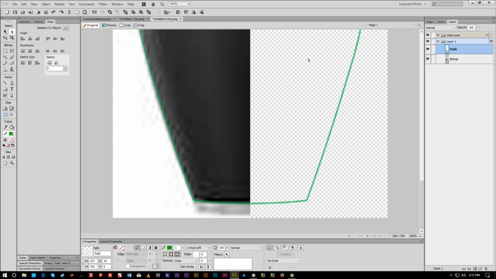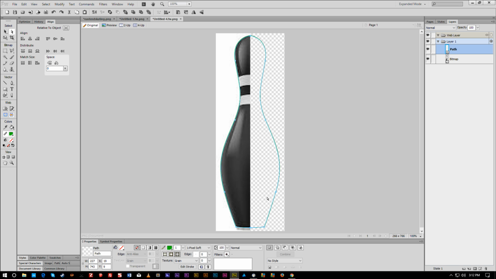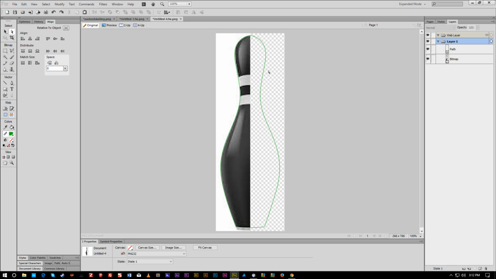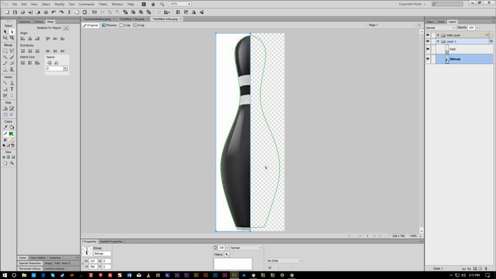Now I've got to do the same thing for the bottom. We'll grab that last point, move it, and then move it back. And now we have one single path that should be connected. So now I can grab my bitmap, or we can go back and grab this image. I'll paste it here in the background of my canvas, move it down one,